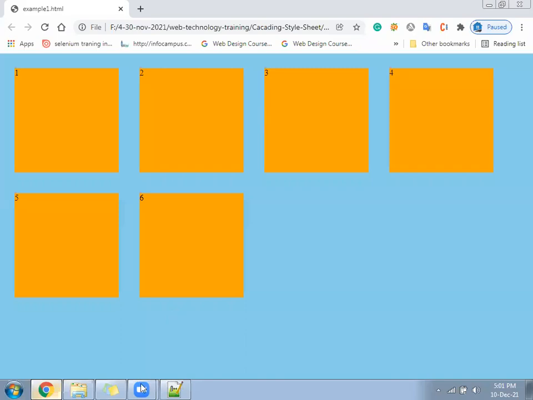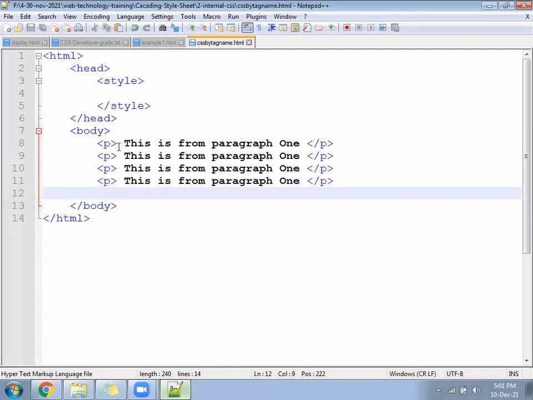Clear? So we wrote how many paragraphs? 4 paragraphs.